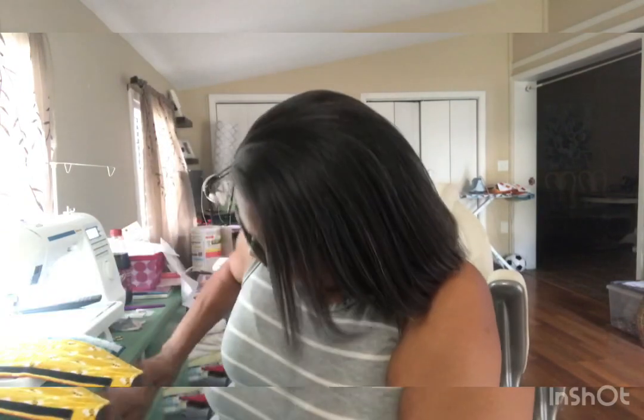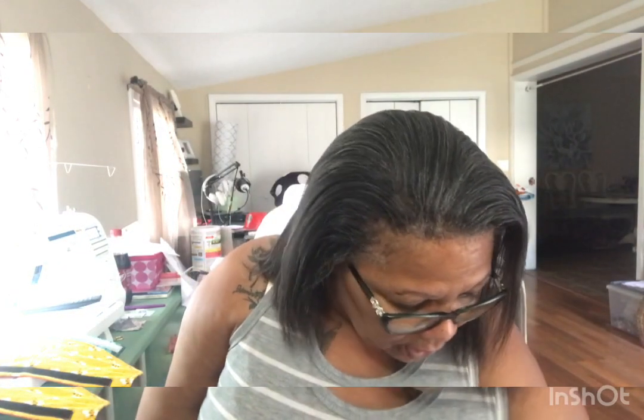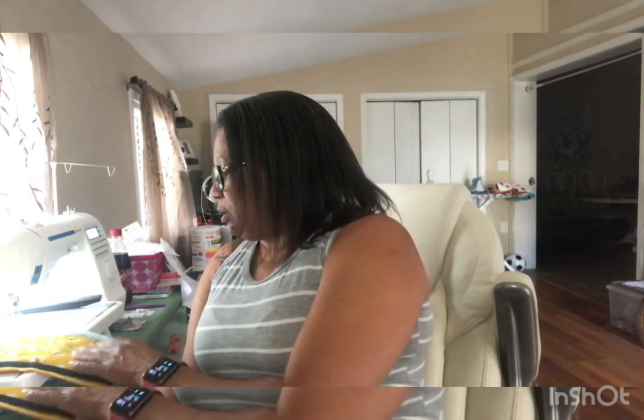8 by 8 blocks, so I can work on that. I love working on it. It's a project that's going to take a long time. But also, I made my daughter some,